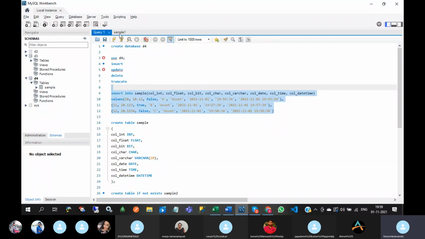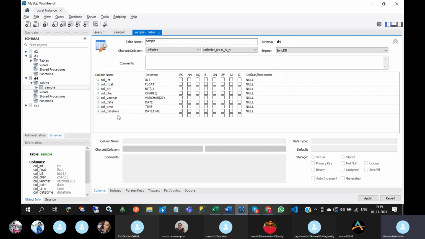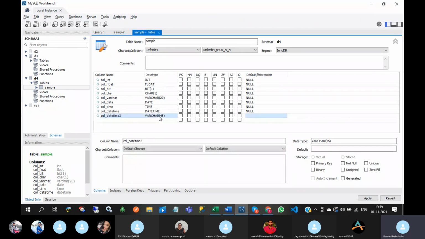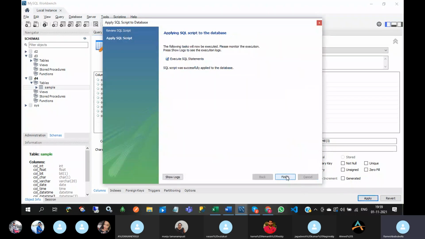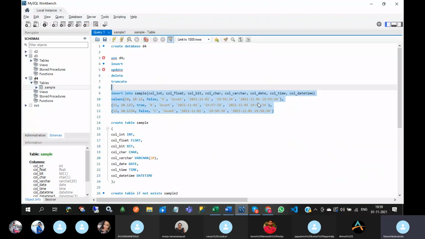One more thing I want to discuss. Here I am going to add another column, datetime3.